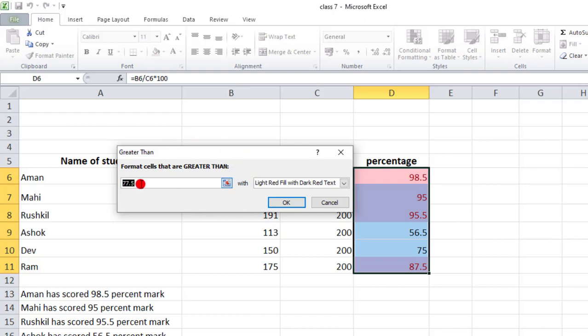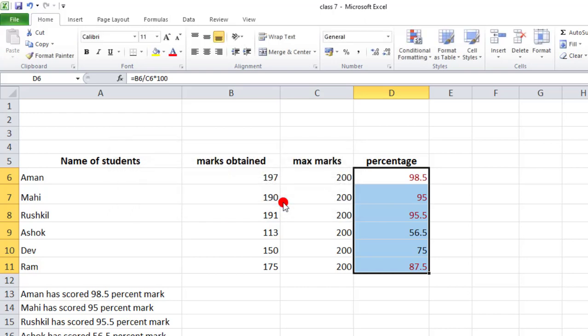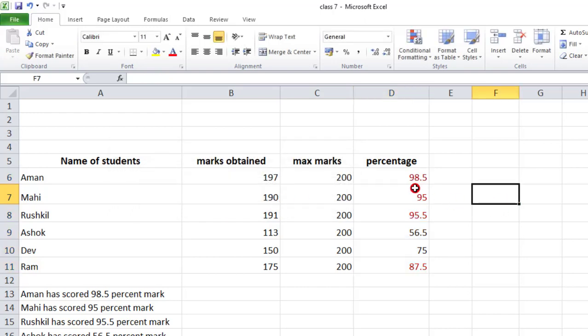I want to write that those who got 80% and above, I want to change the cells' formatting to red text, means their text should change to red. As I click on OK, now you can see only 1, 2, 3 and 4 are changed. Why?